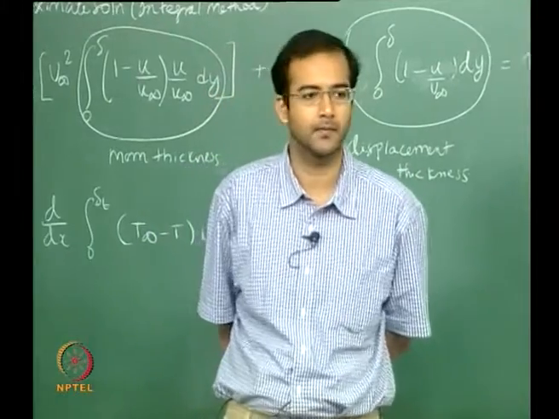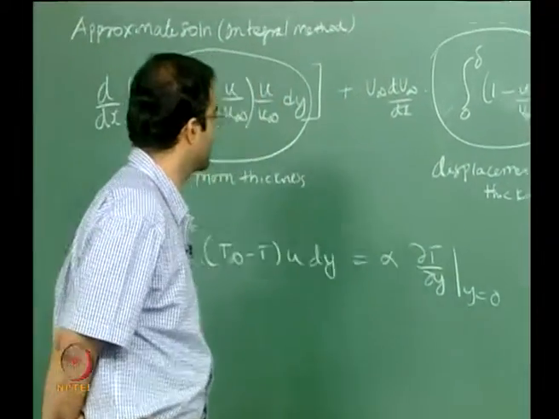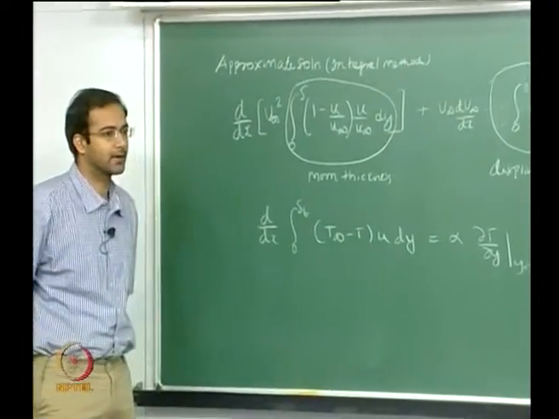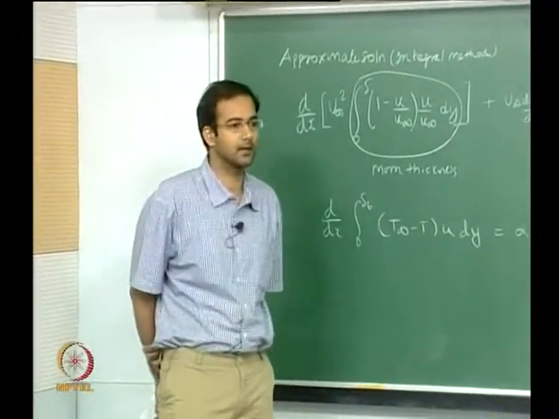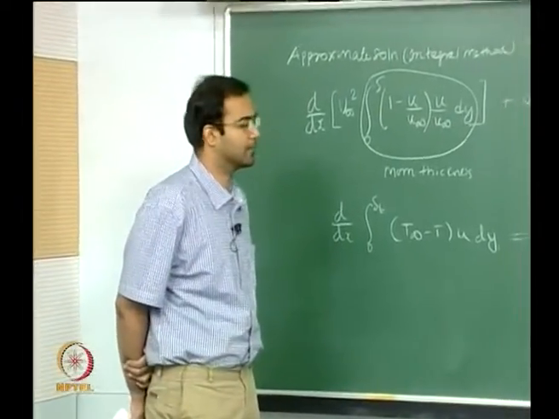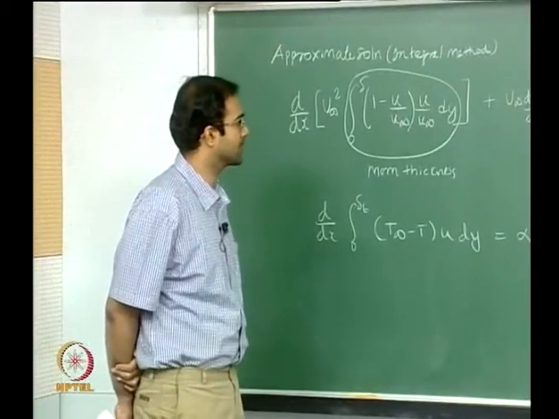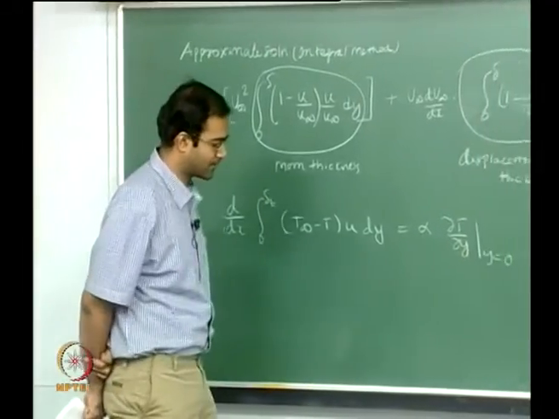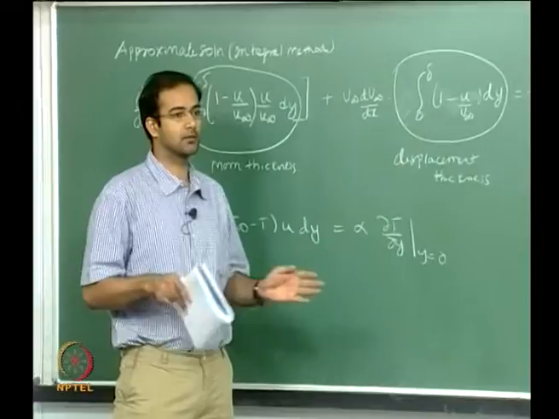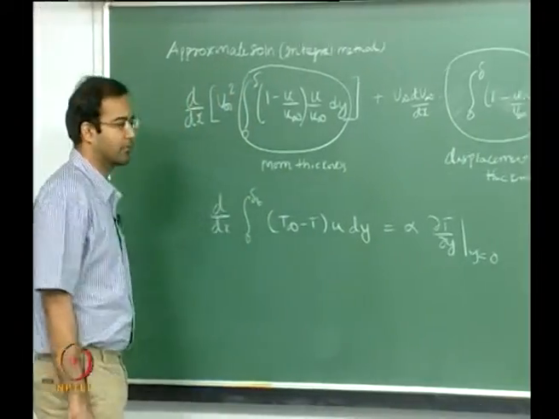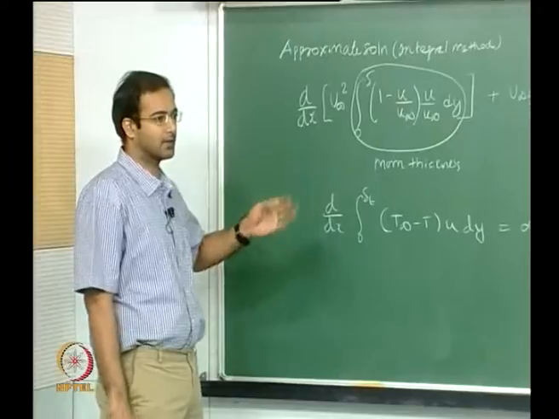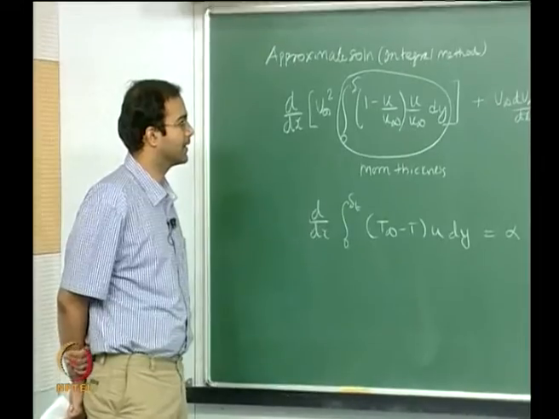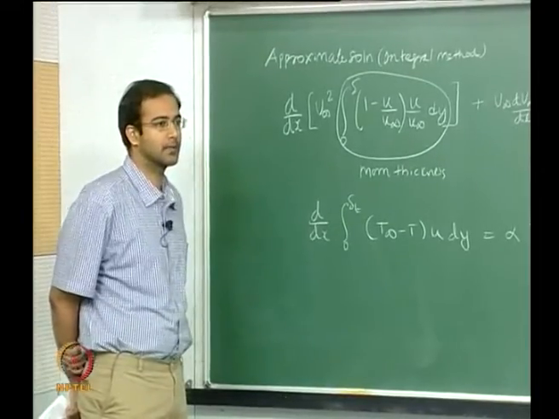Hello everyone. Today we will look at the approximate methods of solution. So far we have been looking at rigorous solutions by using similarity methods and solving the resulting similarity equation by the shooting technique and other numerical methods. Now we will introduce an approximate way of getting solutions to different configurations, maybe flow without pressure gradient like the flat plate case, or including the pressure gradient. For all of these cases we can get approximate solutions by making suitable approximations to the velocity and temperature profile.